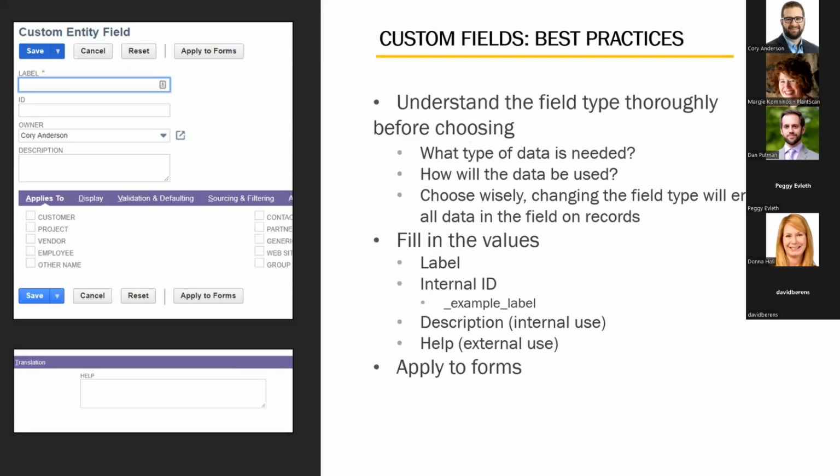So I want to talk a little bit about best practices for custom fields. First of all, when you're creating a custom field, it's very important that you understand the field type thoroughly before you choose that field type. Some questions that you want to ask about the data are: what type of data is needed? Are you bringing in a paragraph of text? Are you bringing in a decimal number? Is it going to be a date field? Then you also want to